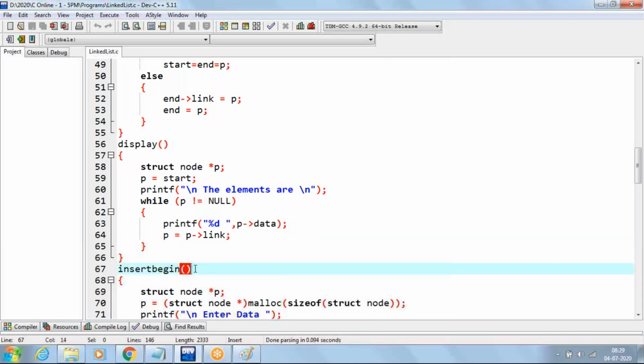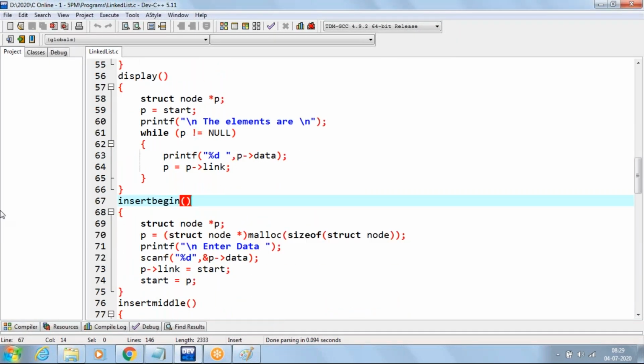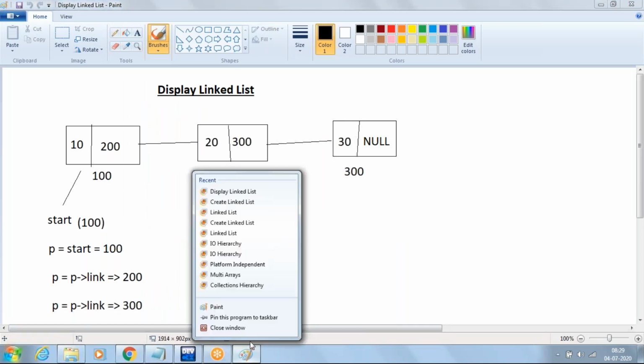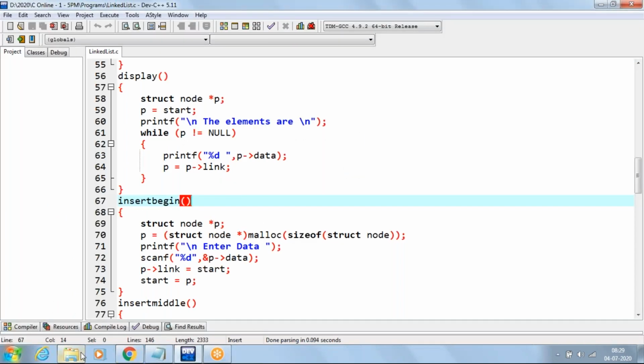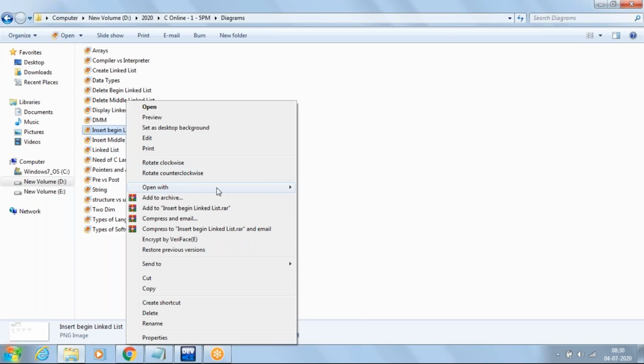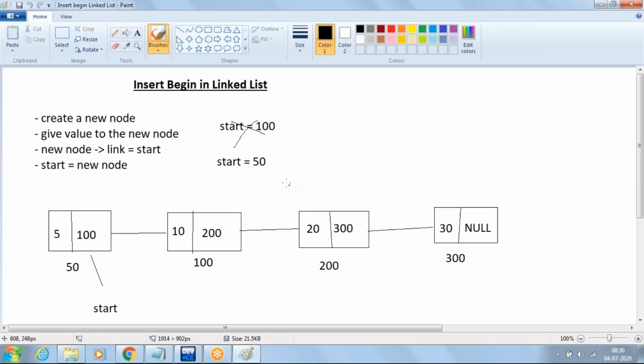Next one. Insert begin. Insert begin means I want to insert the element at the beginning of the linked list. This logic is simple. Okay, sir. Insert begin. So what is insert begin? This is the new node I want to create. And what are the steps? Create a new node, give value to the new node. And what I should do when I say insert begin, I should make this new node as the start node,